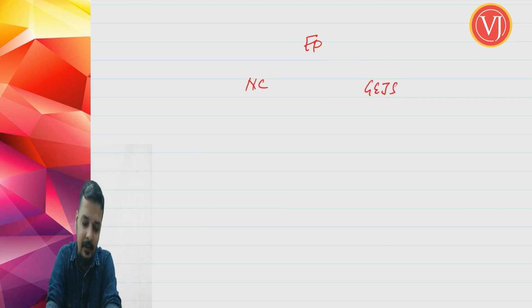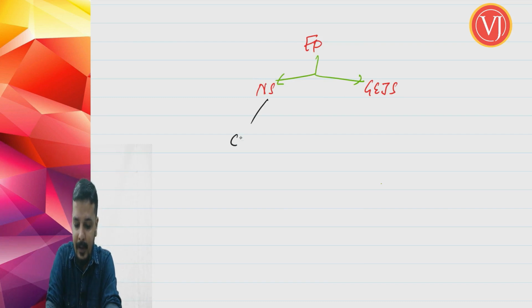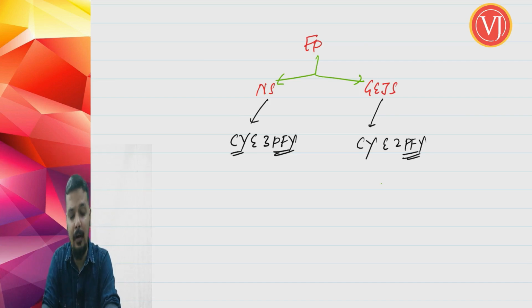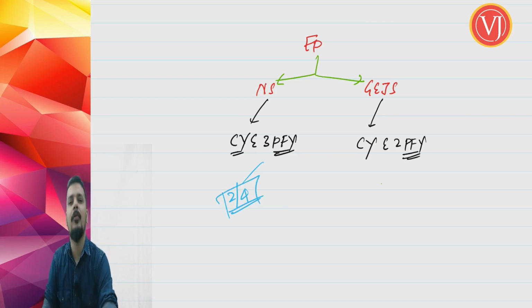Normal category, gems and jewelry sector. So normal sectors, all the other sectors I am calling as normal sectors. So if it is normal sectors, this export performance should be proved in current financial year and 3 preceding financial years. And if it is gems and jewelry sector, it is current financial year and 2 preceding financial years. But understand that export performance is not required in all these years. If it is normal sector, 2 out of 4. How is it 2 out of 4 financial years?